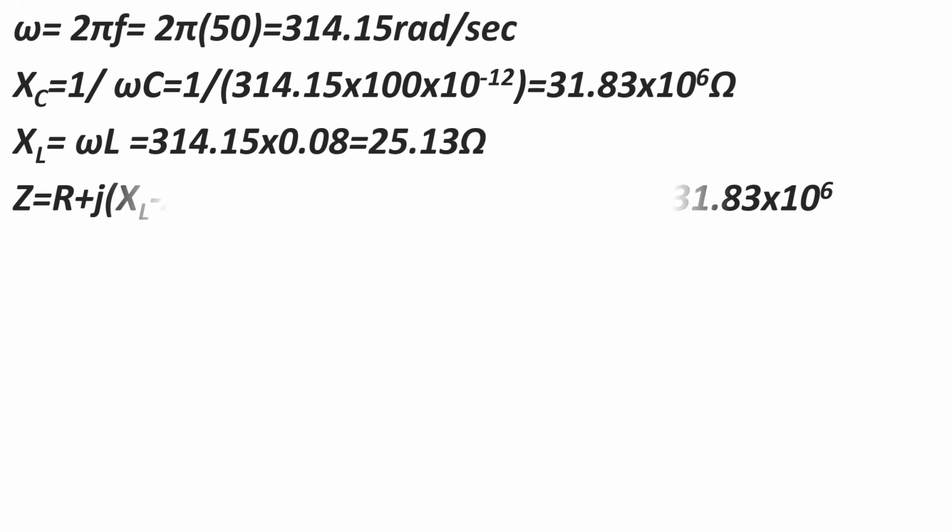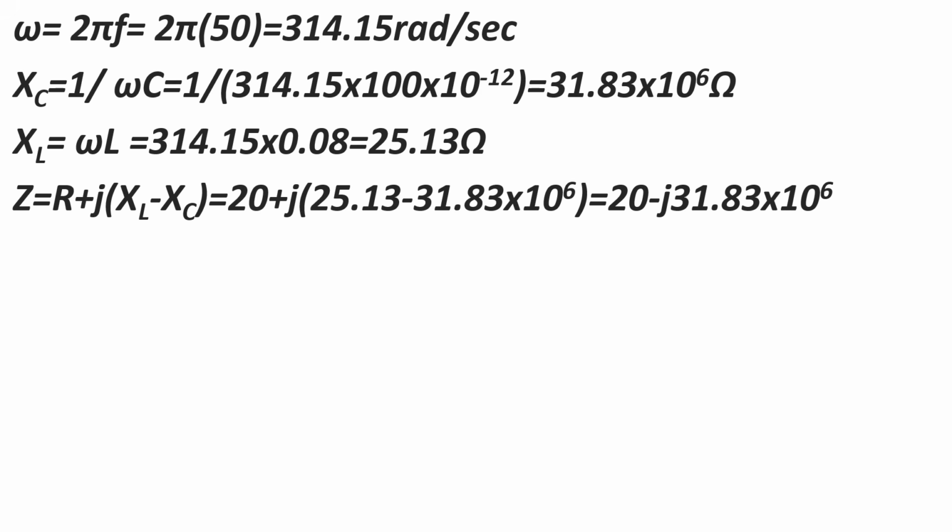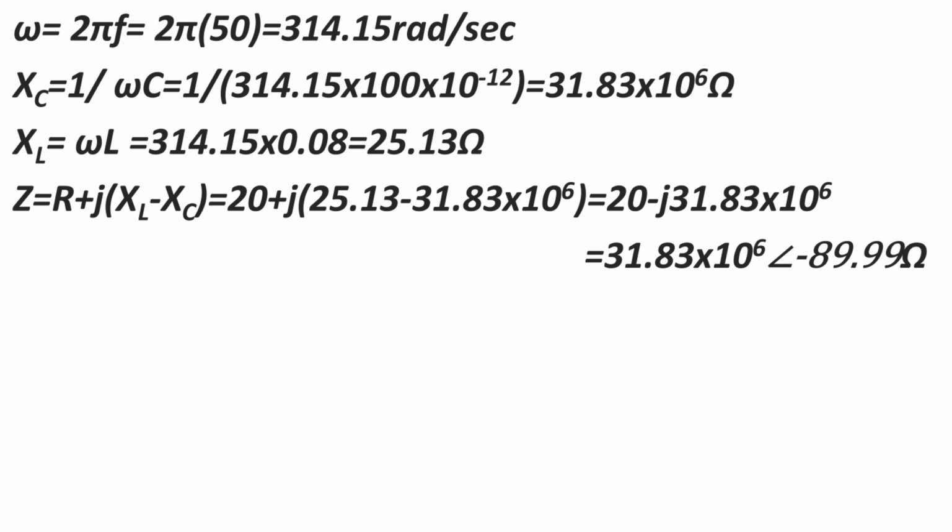The impedance Z equals R plus j(XL minus XC), which equals 20 plus j(25.13 minus 31.83 into 10 power 6), which equals 20 minus j 31.83 into 10 power 6. Now you can obtain the magnitude 31.83 into 10 power 6 at an angle of minus 89.99